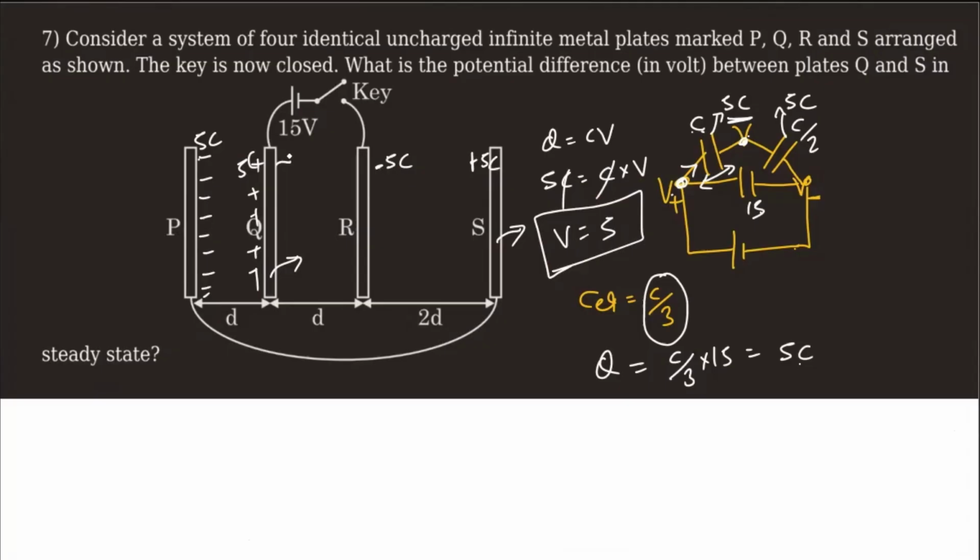So here it will be how much? Total, this has a charge of how much? 15C, right? So this will be 10C and this also minus 10C. So total charge coming out of it is how much? 15C. Simple. So you have distributed charge on all the surfaces and you know net amount of charge getting delivered by the battery. So you could have answered all these different things in this question very easily.